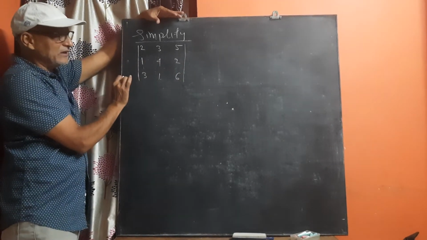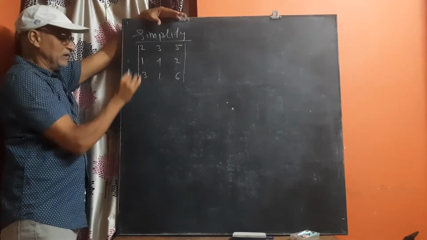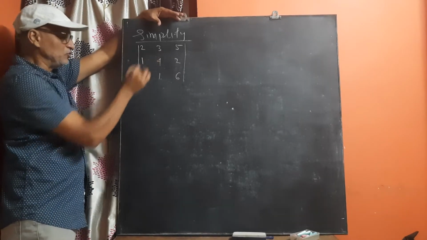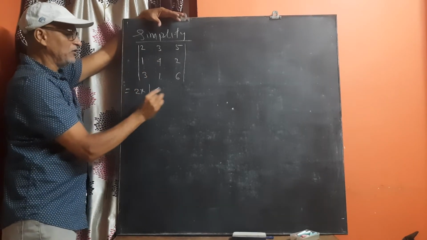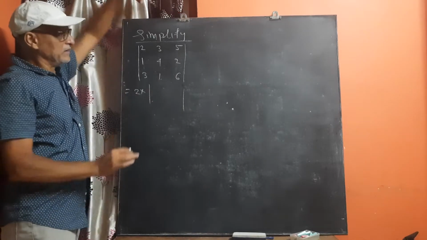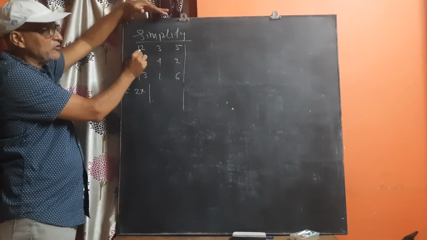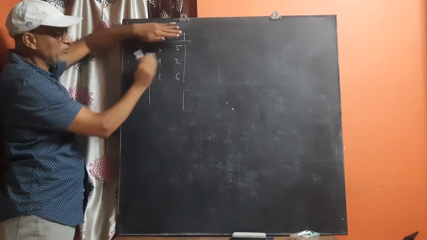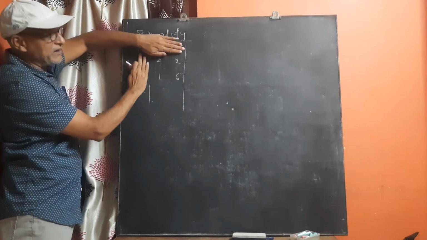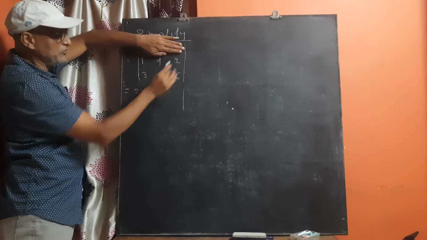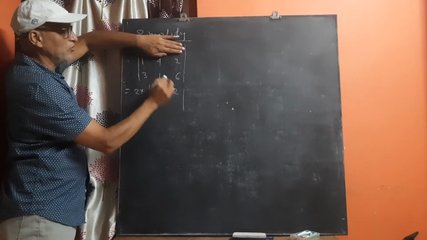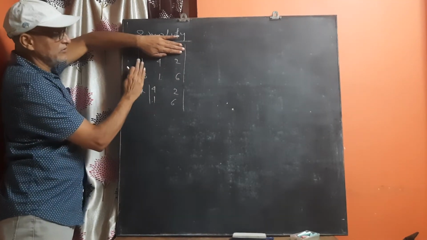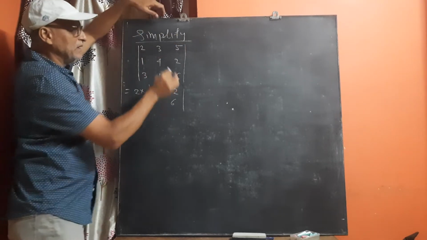मैंने आप लोगों को क्या बताया था? You have to start with the first element. So let us say our first element is 2. 2 into determinant of. क्या करना है आपको? 2 कौन से रो में है? फर्स्ट रो में. 2 कौन से कॉलम में है? फर्स्ट कॉलम में. तो फर्स्ट रो और फर्स्ट कॉलम को छोड़ दो. बाकी 4 एलिमेंट्स आपके बच गए. 4, 2 and then 1, 6.